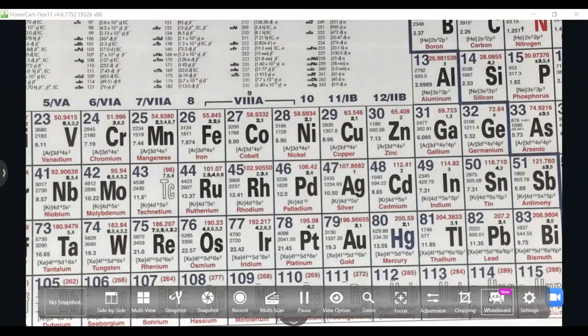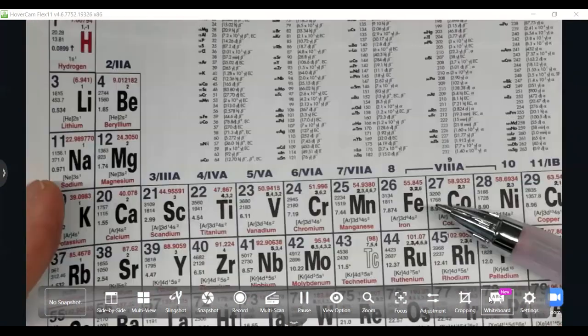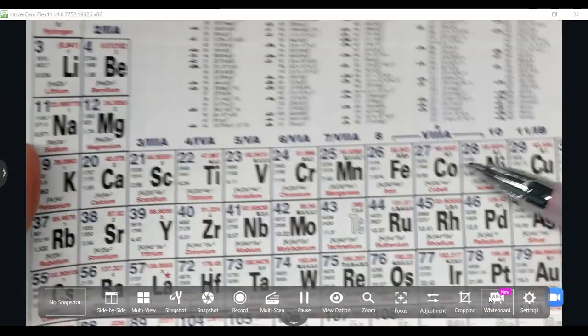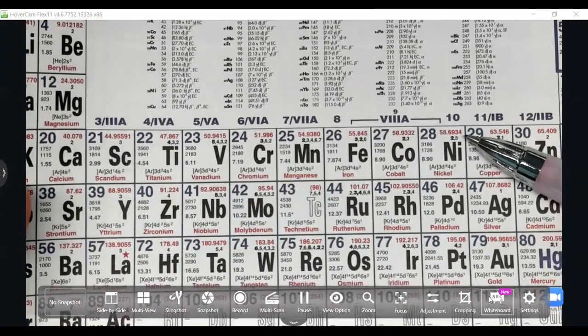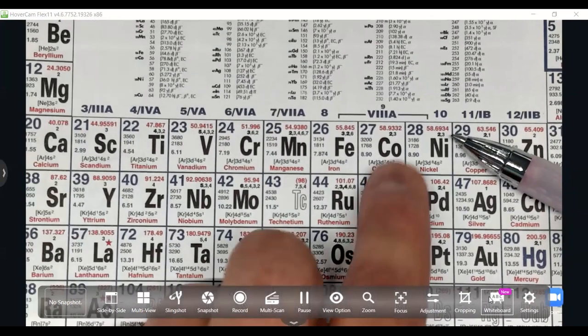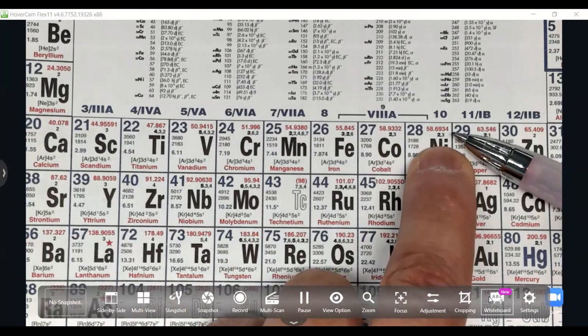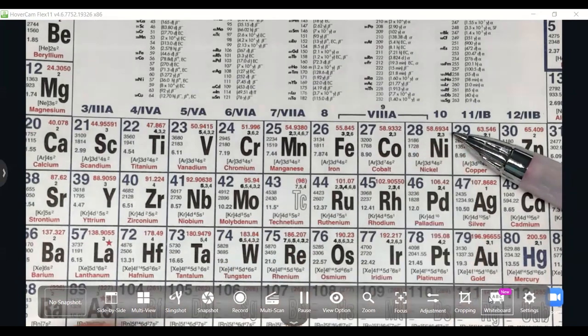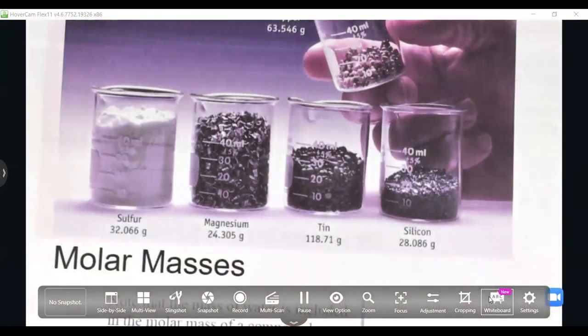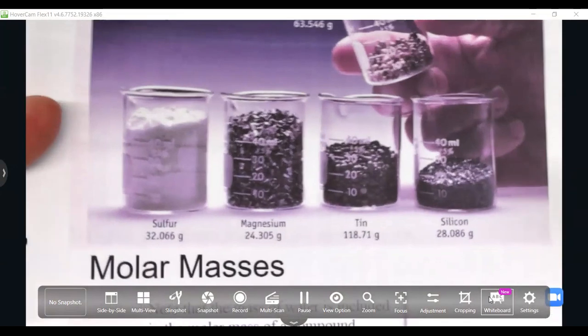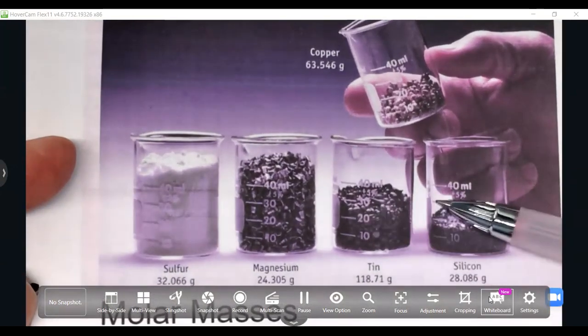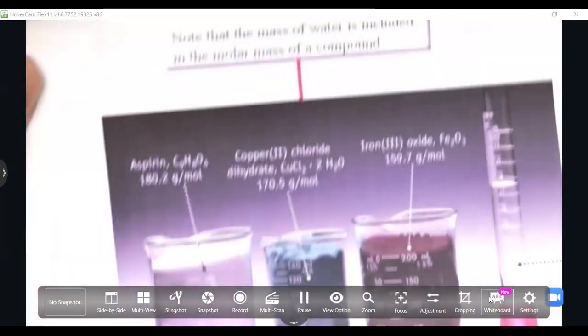So again, all of these numbers here in red on your periodic table, we can use grams if we are talking a mole. And a mole is a pretty darn large number. Very, very large. So these are 1 mole quantities. But now if we get down here,